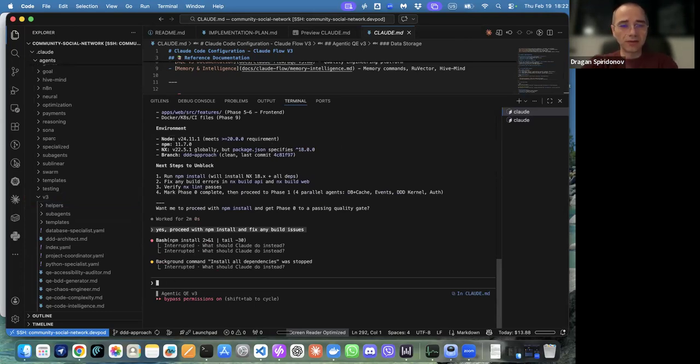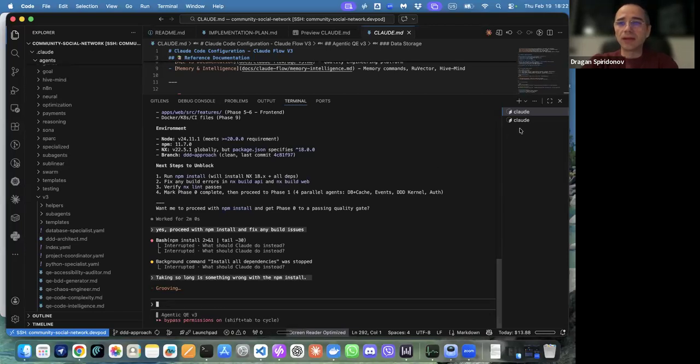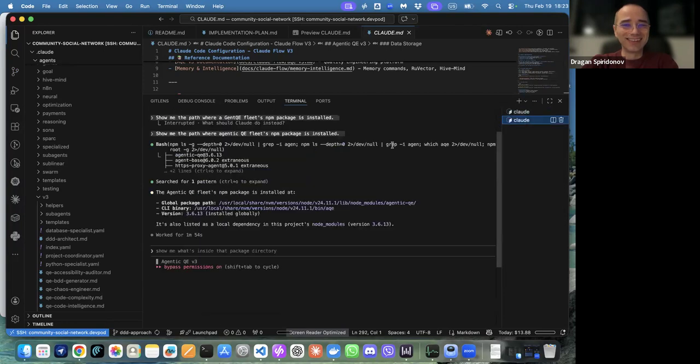I forget that I have. What is taking so long? Is something wrong with the npm install? I can see a problem with antivirus.